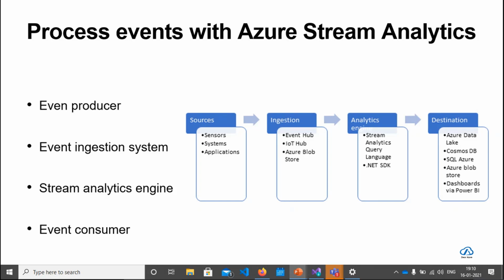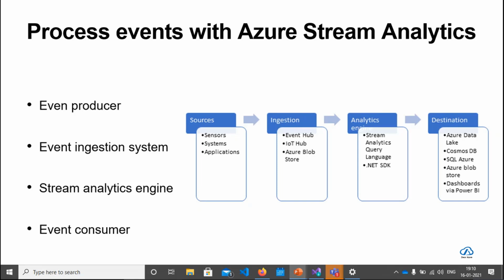Azure Stream Analytics exposes the Stream Analytics query language, which we call SAQL, a subset of the Transact-SQL language. It is tailored to perform computations over streaming data. The engine supports windowing functions that are fundamental to stream processing and are implemented using SAQL.